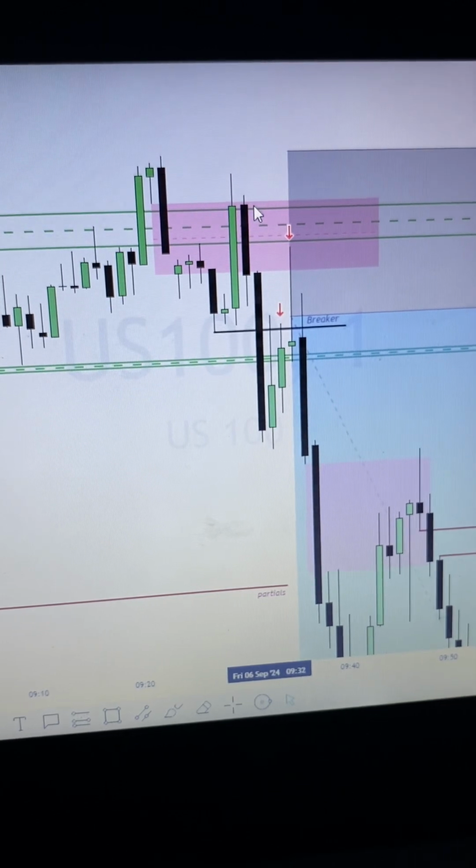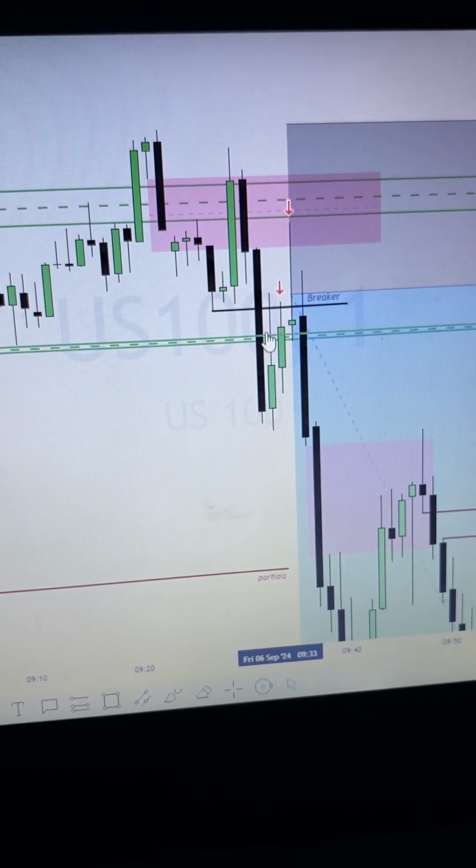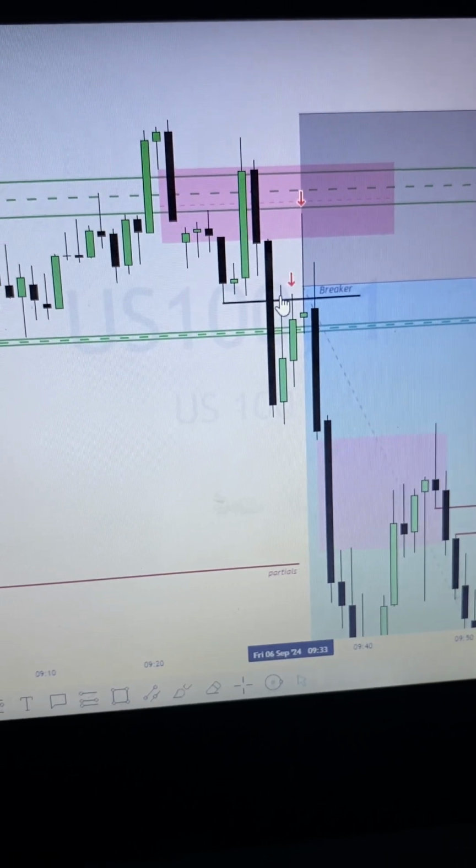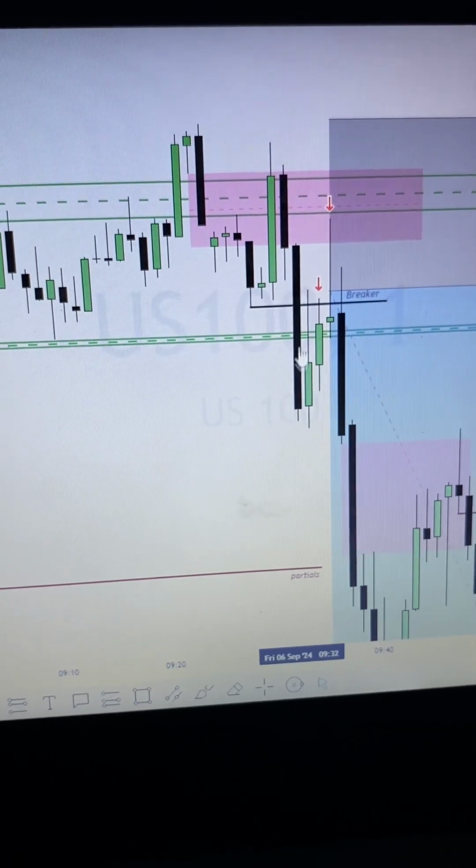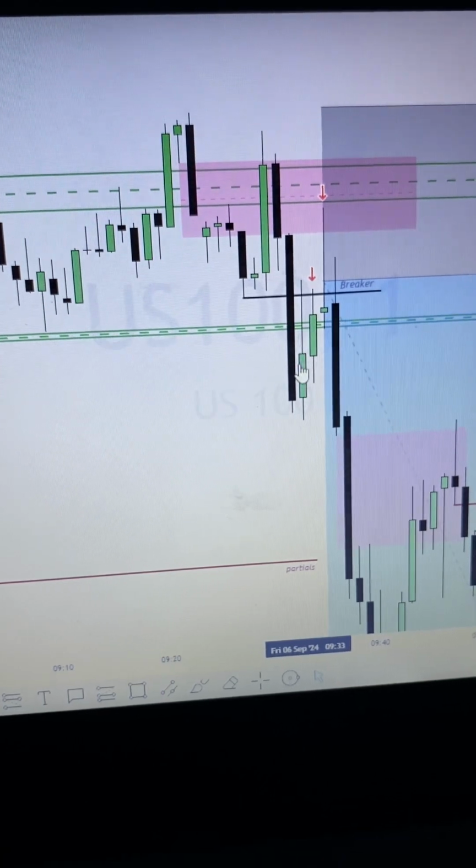Breaker block, né? So this is the fair value gap. We respect it here, we go below, and then I was seeing this candlestick, and when it was busy here, this candlestick going up and down, I was looking at this one, the body. Let me highlight them both. So this is the